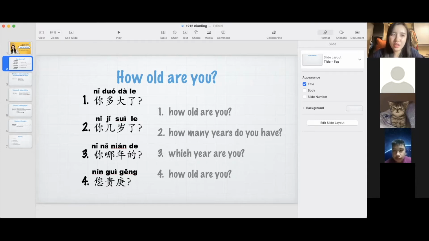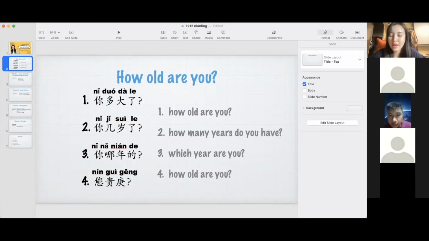probably you will hear in a drama or in a really official situation. This one, 您贵庚. As you can see here, 您 is a respective form of 你. 你 means you, right? 您 is a respective form. Usually when we talk to strangers or people who are older than us, or talk to your boss, teacher, professor, to show your respect, you will say 您. It's a respective form of the word you. 您贵庚, this is really